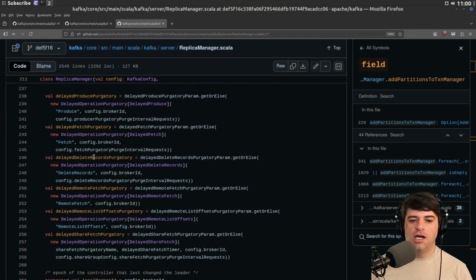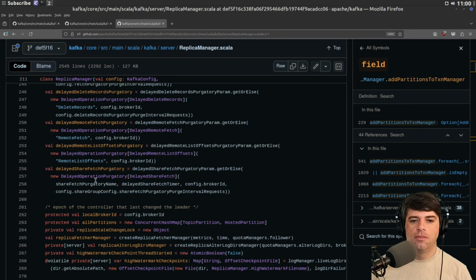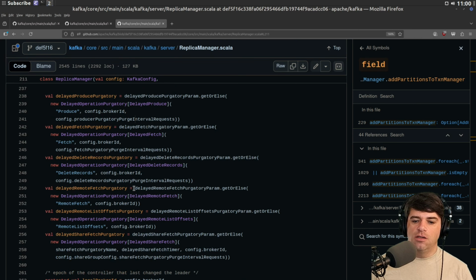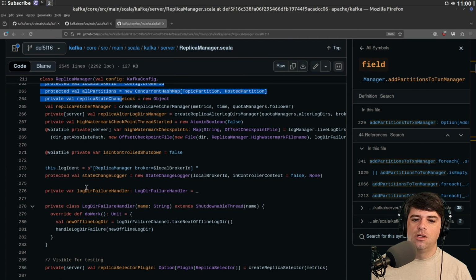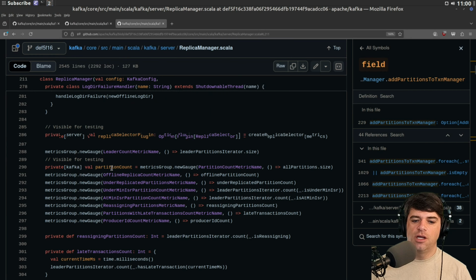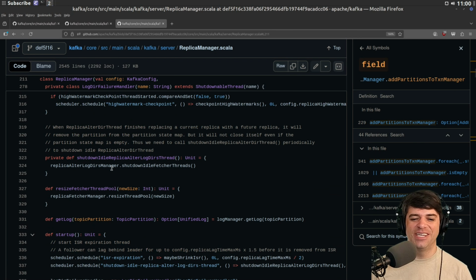And unfortunately, the Scala style is very verbose, possibly even more verbose than Java, because everything has to be a function now. But these are really just data, it looks like. This local broker ID, all partitions, log failure handler, etc., replica, blah, blah, blah, partition count. But I wonder some methods that some replicas are handled.